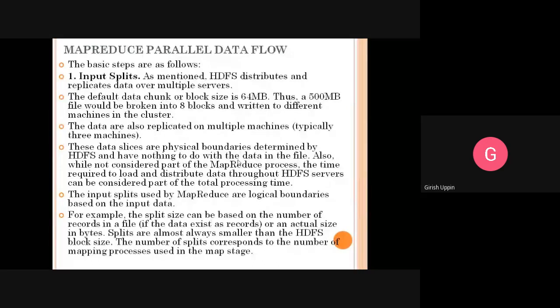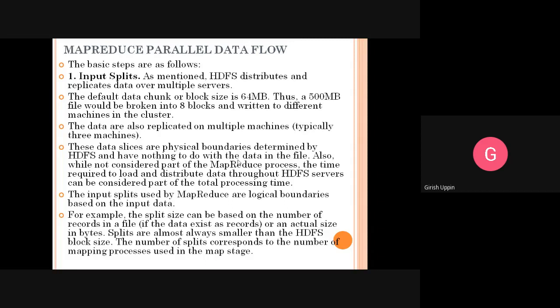So whatever the HDFS nature of working, how the file is stored: the minute it gets the file, it breaks that into blocks according to the block size, and it keeps them in different data nodes, and there will be replicas of those. All these are not part of the MapReduce, even though this will contribute to the total processing time of the MapReduce programming. Whenever MapReduce programming is accessing the data underneath the HDFS, all these things will happen. That is counted as a part of the processing time, but not as a part of the